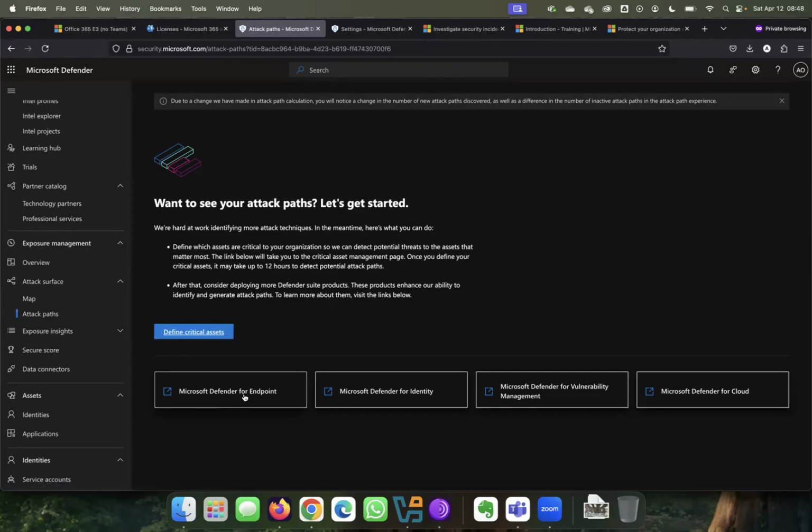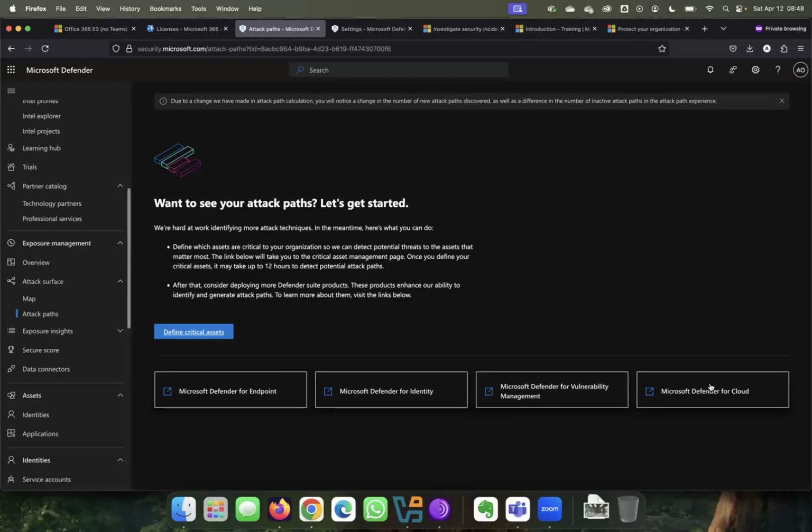And like I said earlier, you can see here Defender for Endpoint, which is more of the security tool, I mean, the client, the security agent that has to be installed on the devices. And you see Defender for Identity, which looks at your identity in Azure and for people that have on-premise Active Directory as well, also looking for vulnerabilities and human behavioral analytics from your users and how they are using their identity. You can see Defender for Vulnerability Management, which evaluates the vulnerabilities on the systems, and also Defender